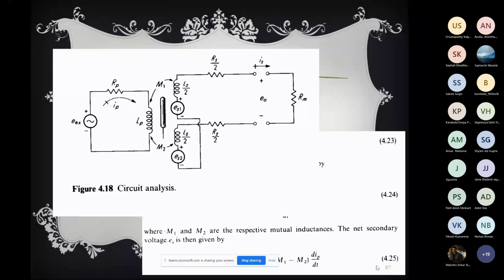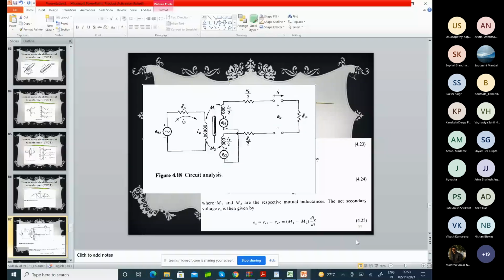ES1 is the voltage induced in the first secondary coil. ES2 is the voltage induced in the second secondary coil. E0 is the difference of these two voltages. And we measure E0 with a perfect voltmeter, that means it has infinite resistance. We did not consider the loading effect to begin with. We have the infinite resistance Rm associated with the voltmeter. So with this consideration, we can proceed and find some mathematical expression through which we can explain the difference in phase. We can explain the output voltage, which will be proportional to the input displacement given to the shaft.